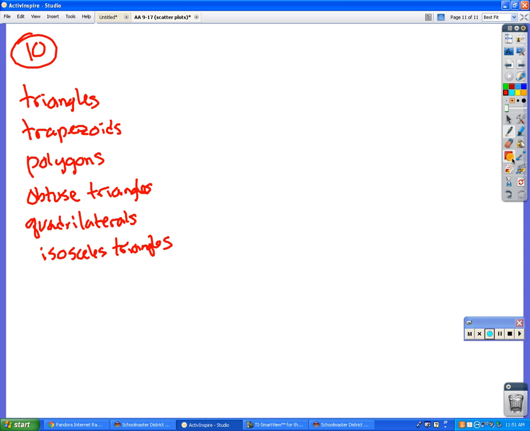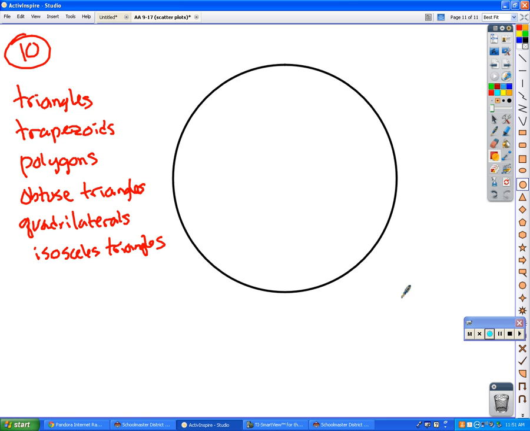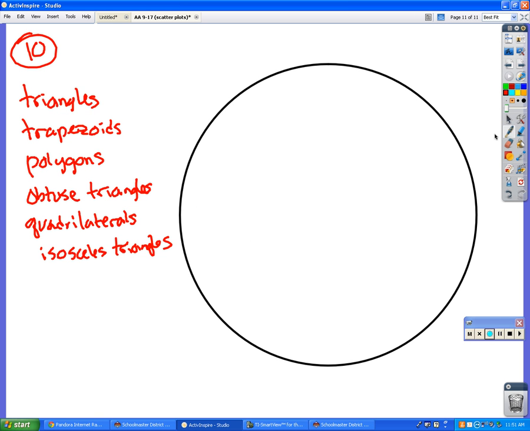All right, so I'm going to start out by making a great big circle. Out of those six words, what is the most general? Polygon. Okay, so this whole big circle is going to be all of my polygons, because everything up here is a polygon. All right. Then inside the polygon circle, we need a triangle circle,